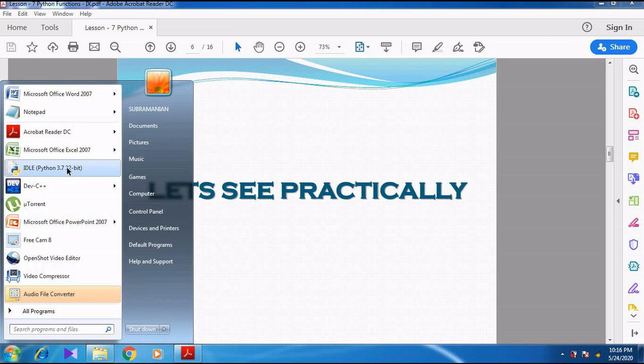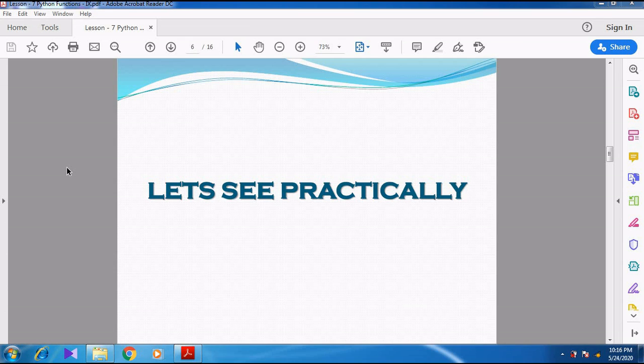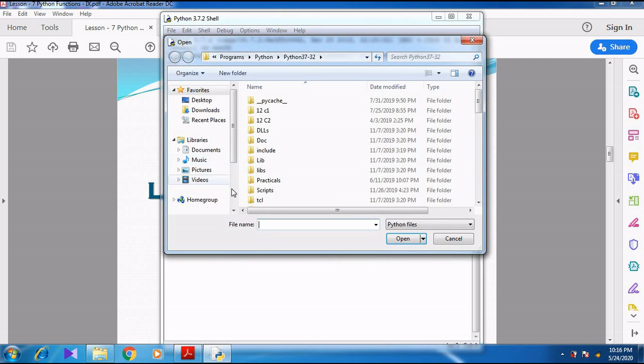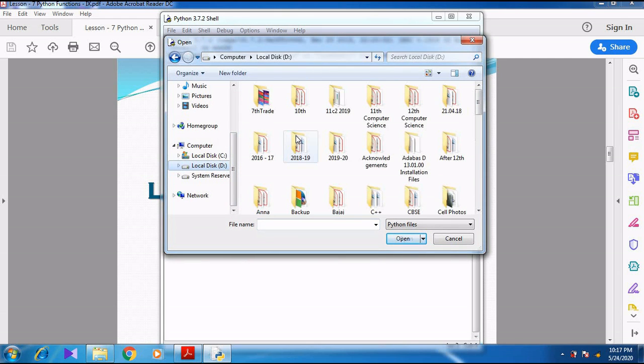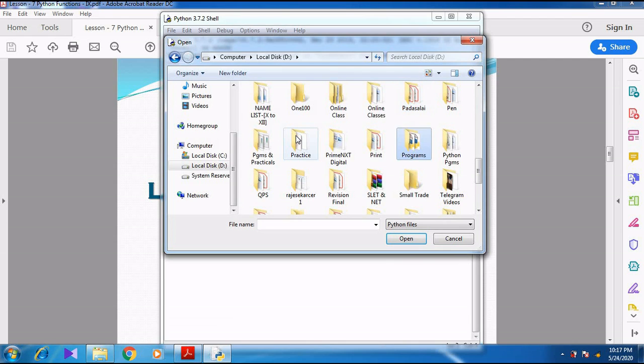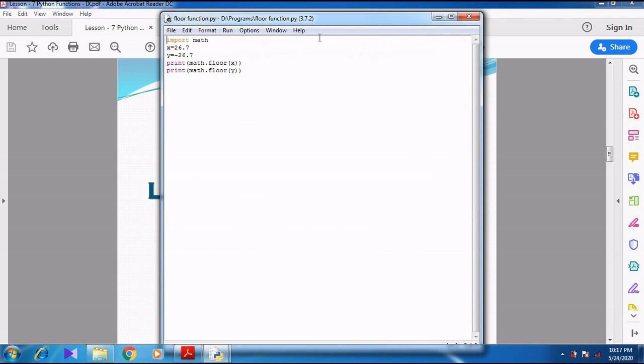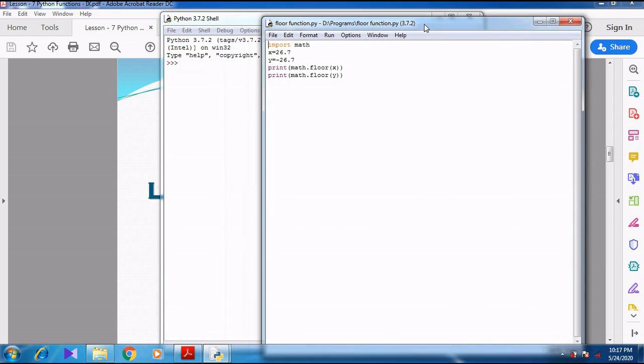First of all we want to open Python. I have already stored all the programs in local disk D, in a separate folder called programs. First, the floor function. Import math.